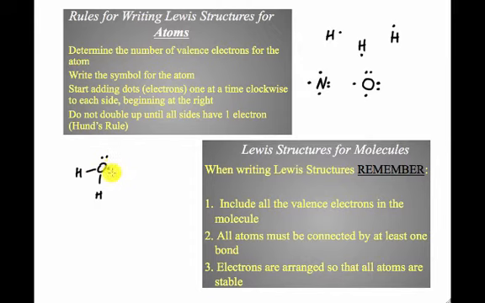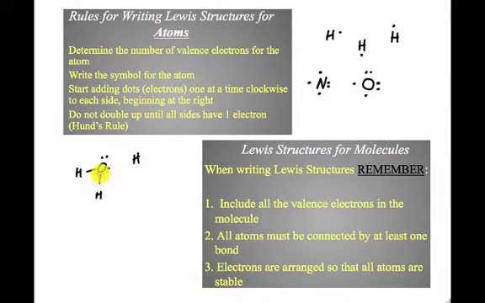That's going to lose a point right there because you're missing electrons. You don't have all your electrons. So that's number 1: all atoms must be connected by at least a bond. That's pretty simple. I mean, you shouldn't have another hydrogen just sitting over here not bonded. Number 3: all the electrons are arranged so everything is somewhat stable, because we're going to see there are exceptions to